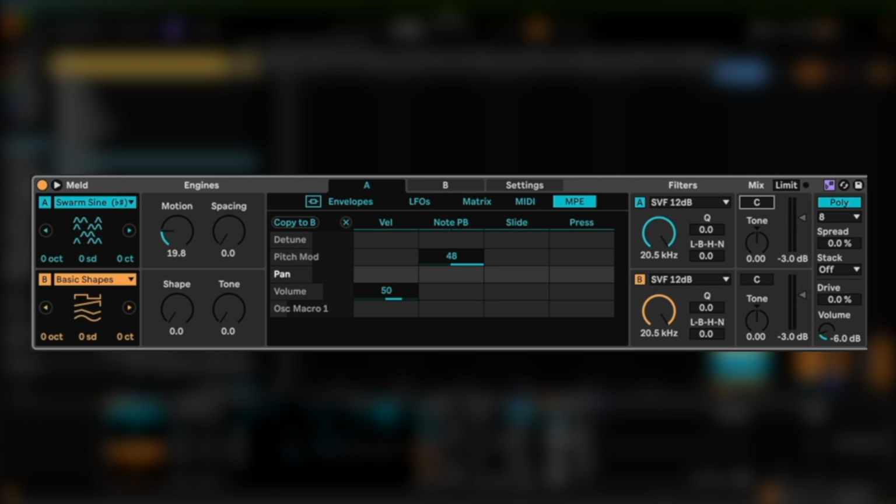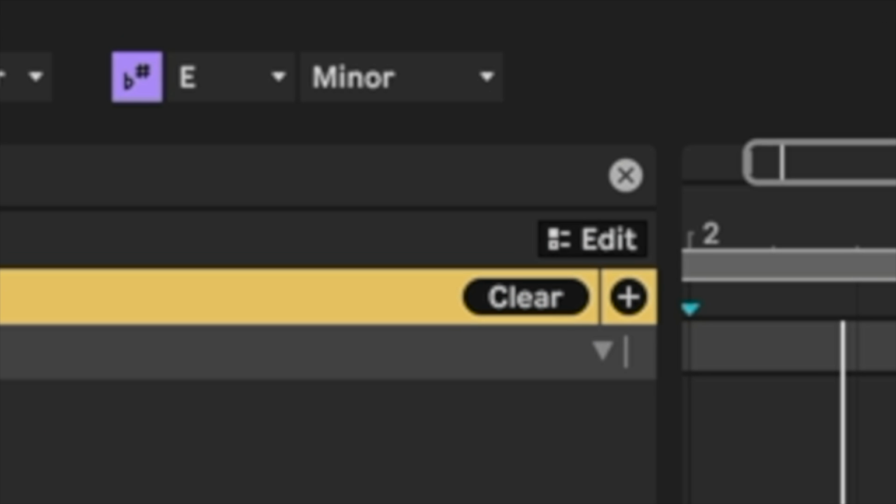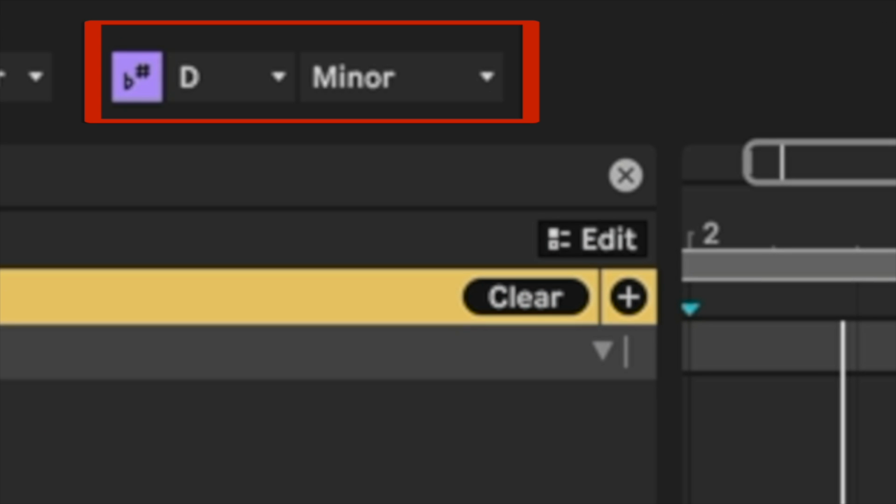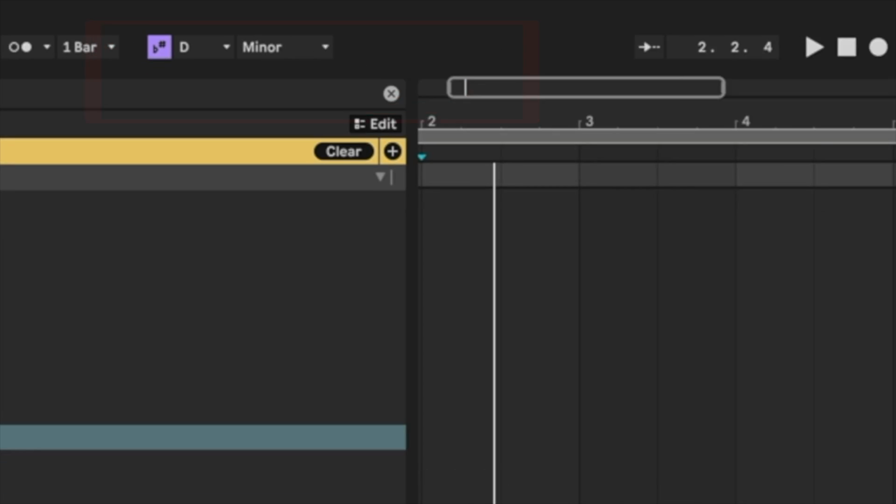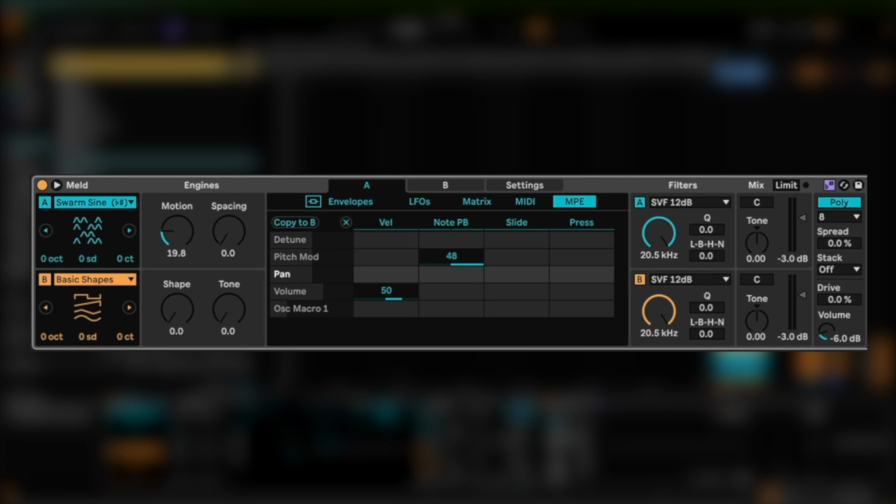Before we get into any of these sections, the first thing we're going to touch on is scale mode. Scale mode is a feature that's new to Ableton 12. Basically what it allows you to do is select any scale, and Ableton's going to utilize the scale to affect several different aspects of Ableton 12 and show you in MIDI view which notes are within your scale and which ones are not. The way this integrates with this particular device is if we go to settings, we have a